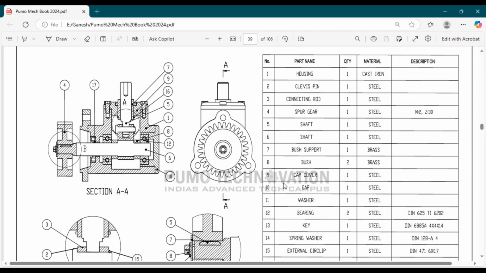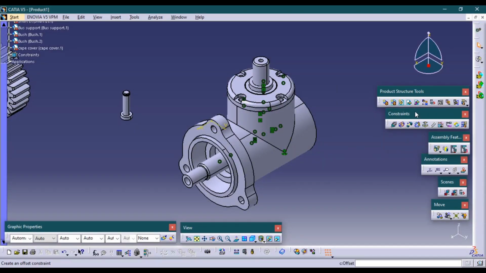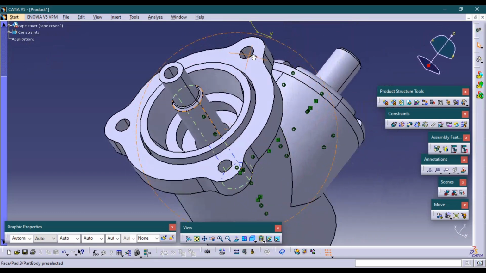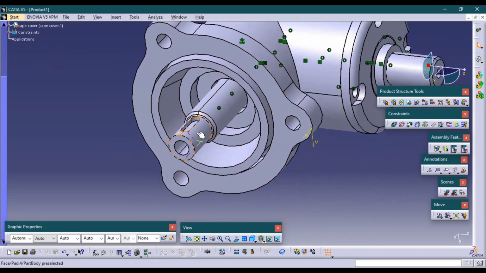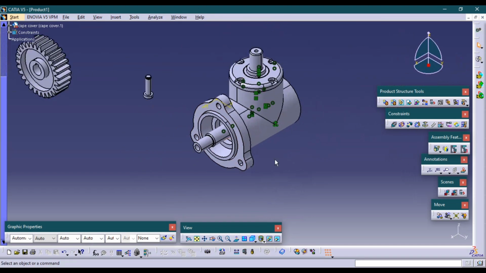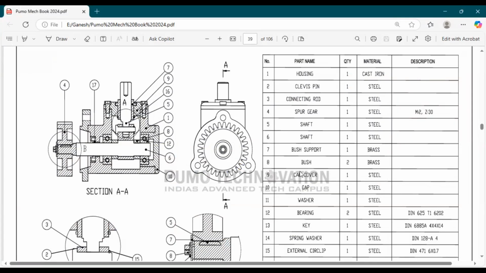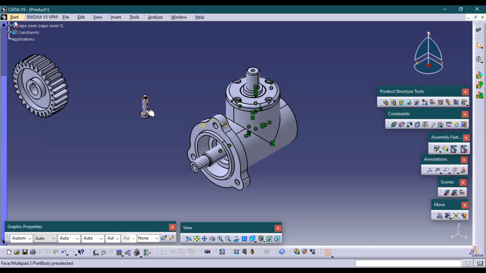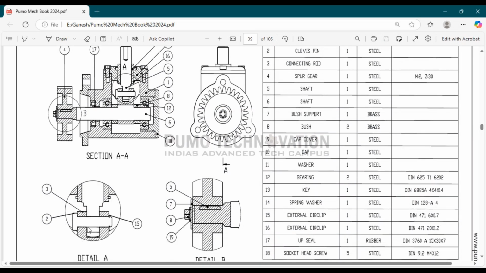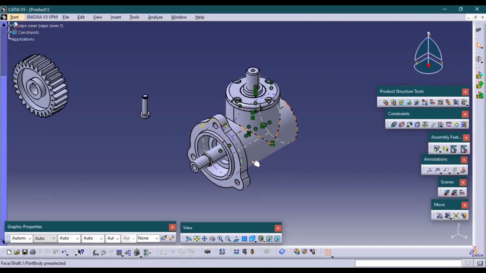Right, let me choose this. Let me add this. So here you can see there is a nut shape, so where you can put that. So in order to put that nut, where you have to put that, that is a clevis pin that should be between the upper shaft and the